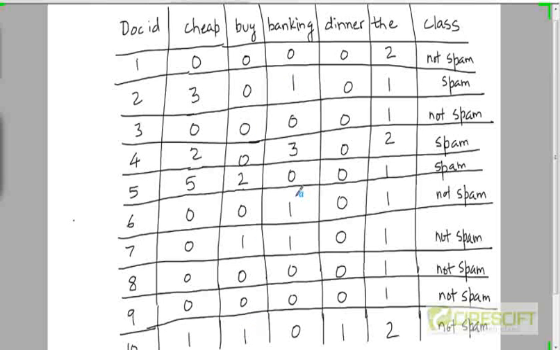Some of them will continue to be 1 because the word appeared just once in the document, but you can see that some of the ones have now been replaced by larger numbers. The zeros have continued to remain zeros, because if a word was not found in a document, it's going to be denoted as a 0.